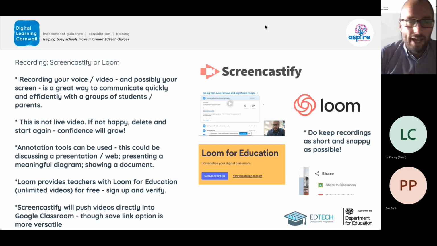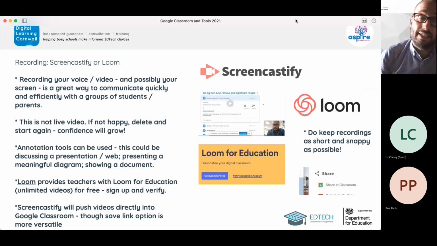Now, you'll probably be aware that you can record video of yourself talking about something, whether that's a presentation or a picture or a document or whatever it might be. There are these amazing tools that will use your camera and allow you to record yourself and give you a link essentially that you can post into your classwork or onto your stream,